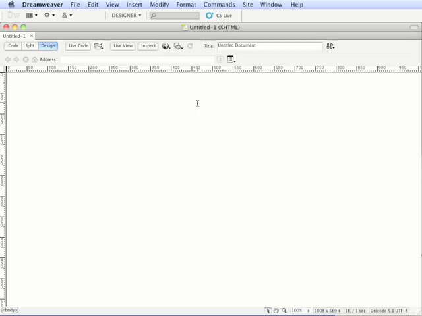If you have more than one web browser installed on your operating system, you can add them to your browser list so that you can use any browser that is installed on your operating system when you preview a web page within Dreamweaver. To add browsers and set them as either the primary or secondary browser for Dreamweaver, go up